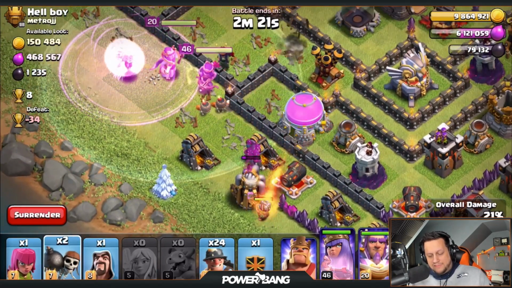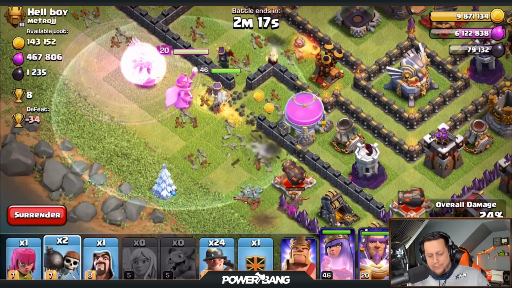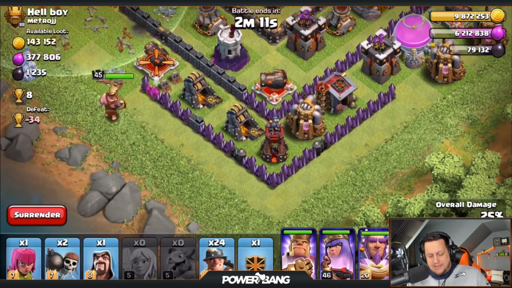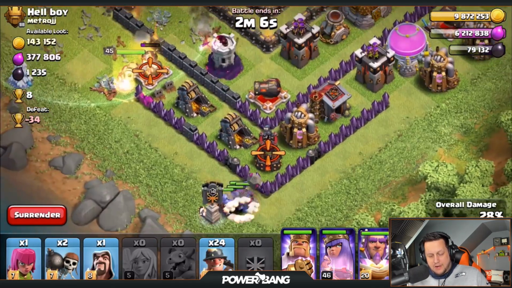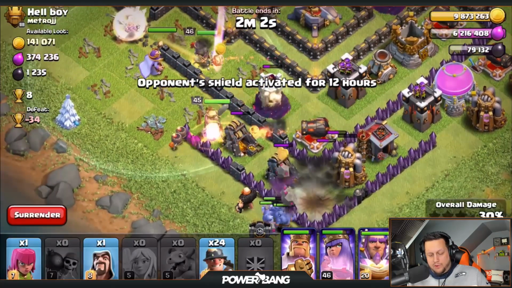I dropped in a miner as a distraction to open up this wall right here and let my queen do her thing. So on the bottom, I'm actually going to drop in my king. And then I'll drop in some bowlers here. And just like so, I really hope that the...